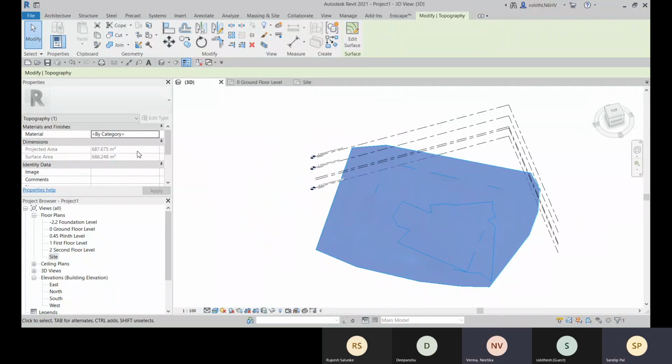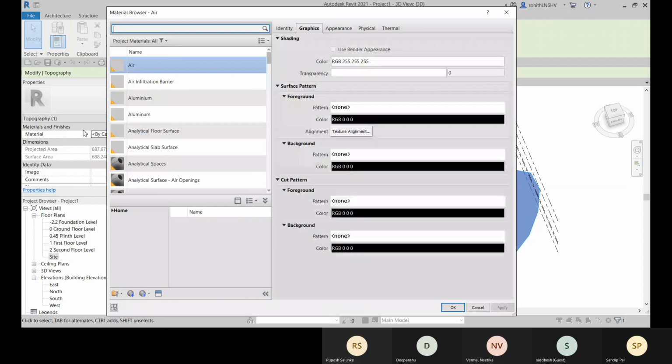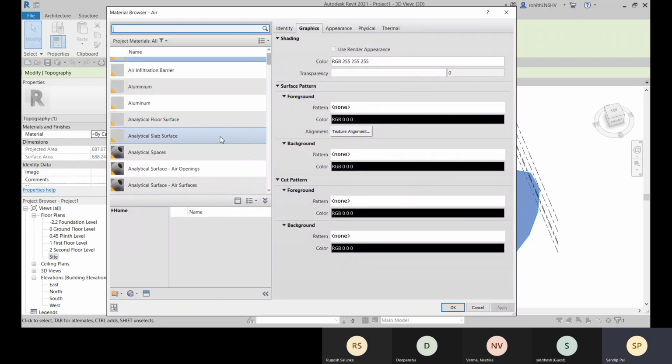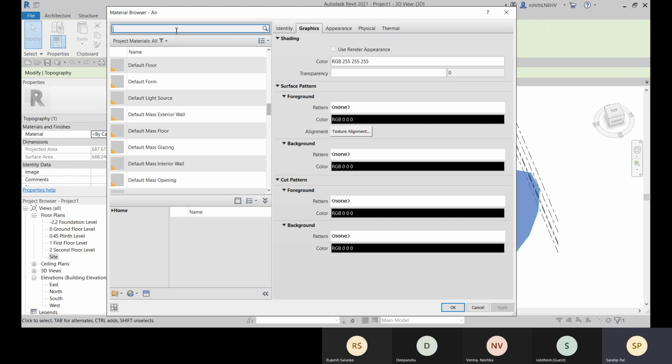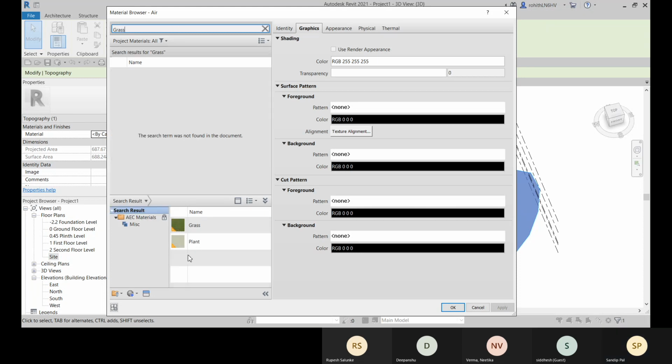Now you can apply some materials to it. So the default material is applied here. You can go for some materials, like grass, you can check for grass. So here the grass option is available, and we have two kinds of grass available here. I think it's within this miscellaneous. Okay, then you need to add it within this document.